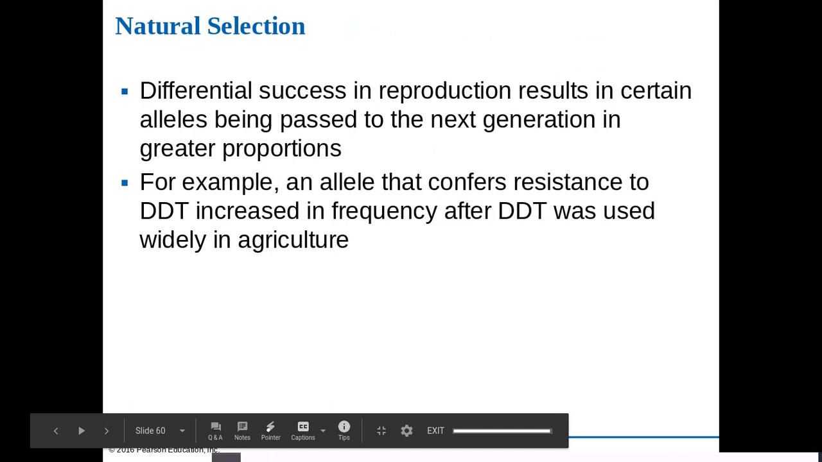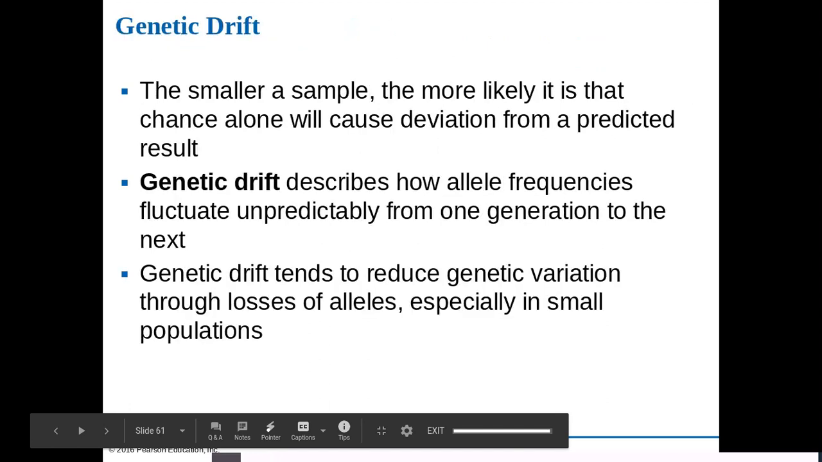So, as a reminder, natural selection occurs when there is a differentiated success in reproduction, meaning some individuals are able to survive and reproduce more than others, and that in turn results in certain alleles being passed on to the next generation. The second one is genetic drift, and this change in population typically occurs when there's a very small